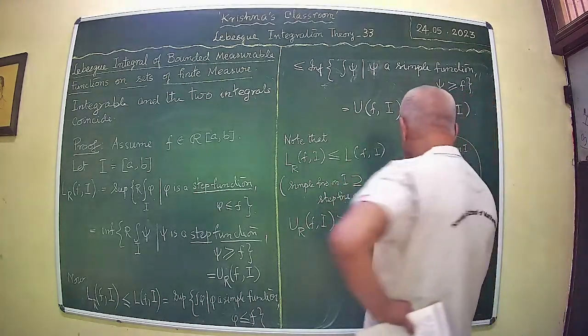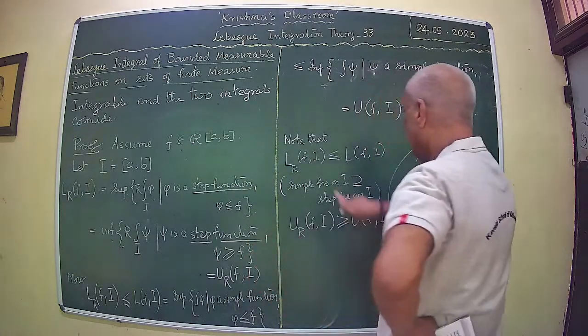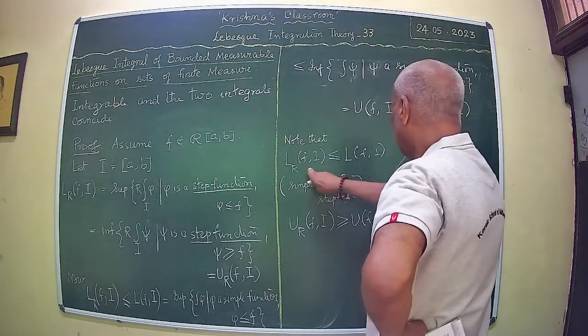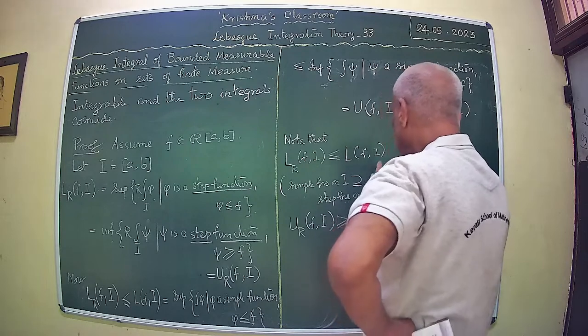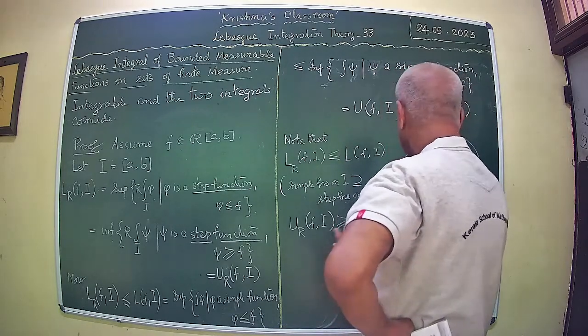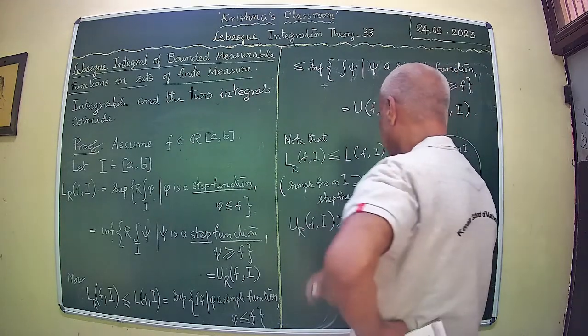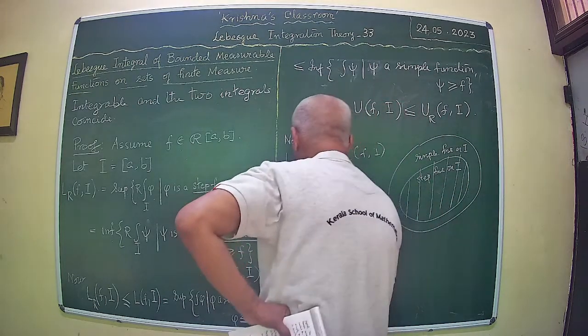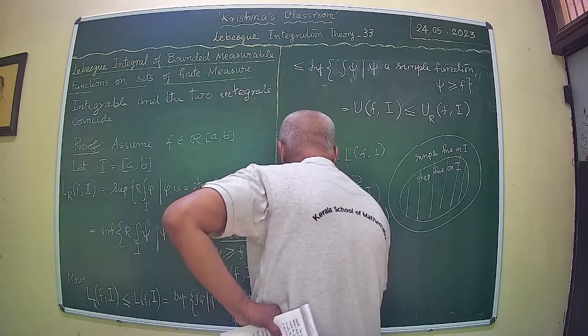So this condition is satisfied. Here we are taking the supremum, therefore the inequality goes like this. Here we are taking the infimum, therefore the inequality goes in this direction. So what do you get? You get LR